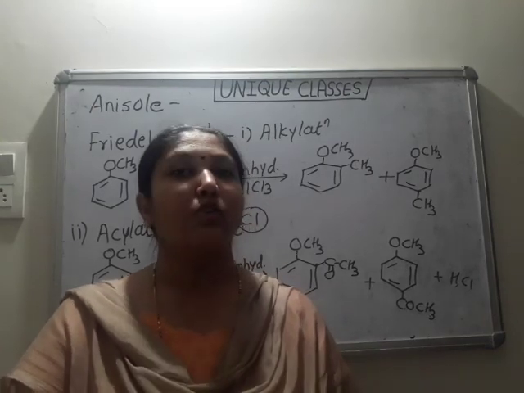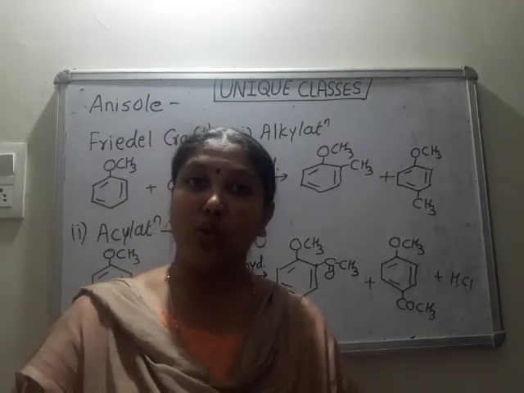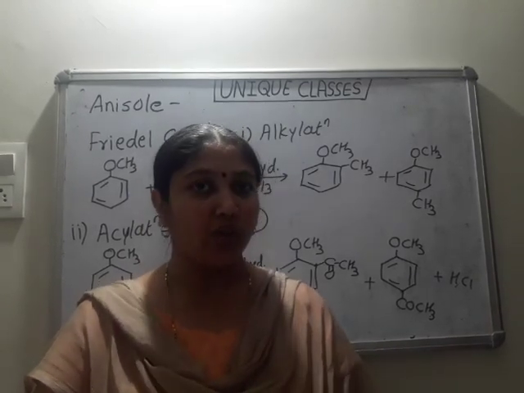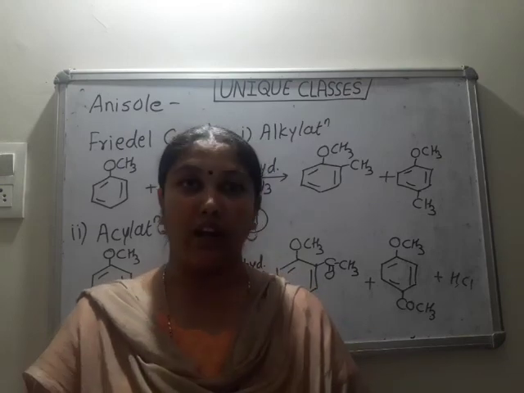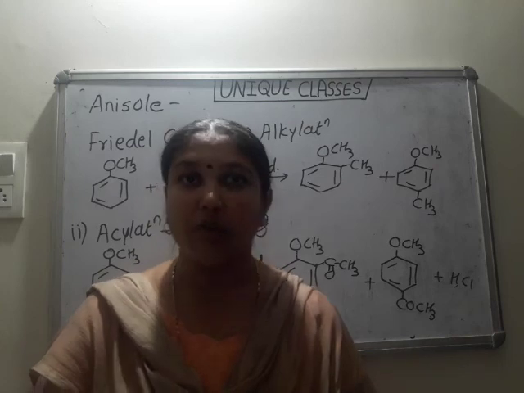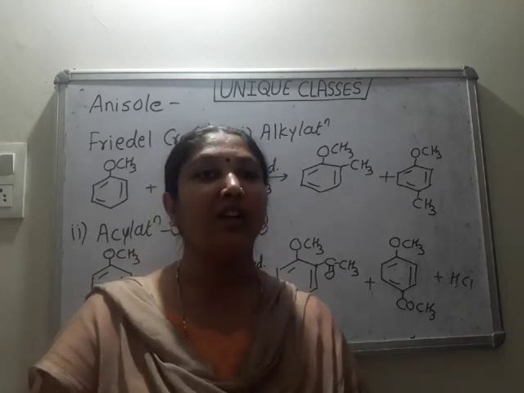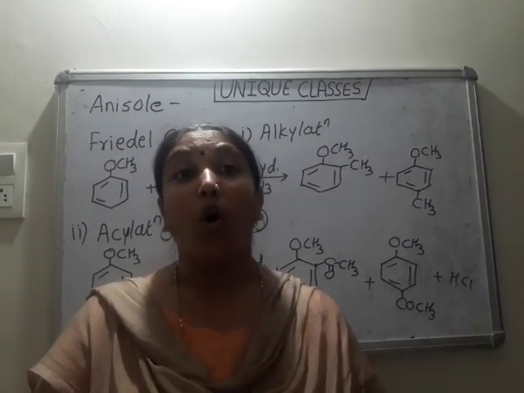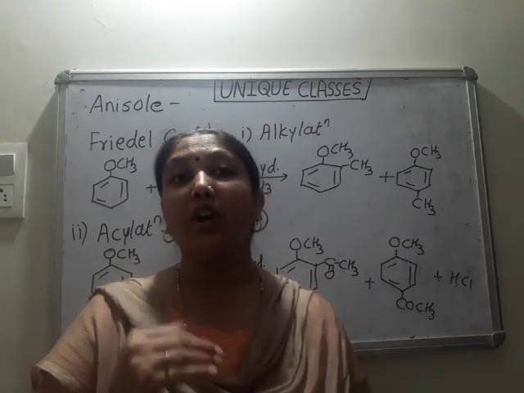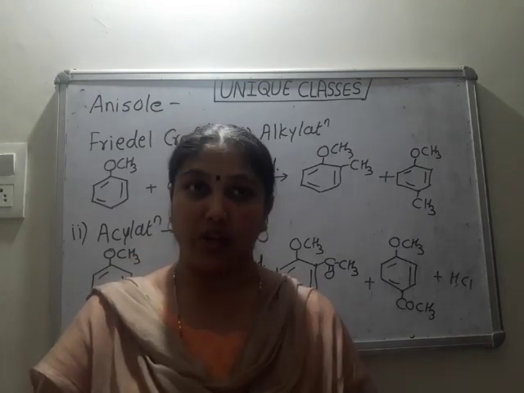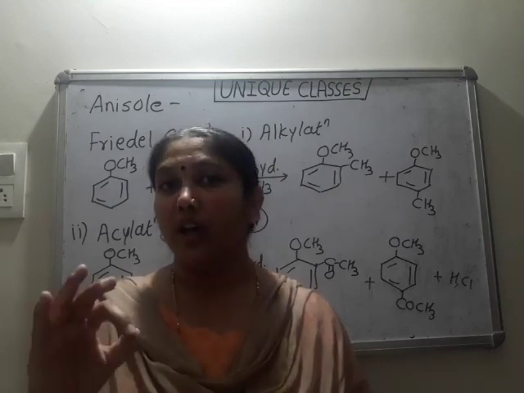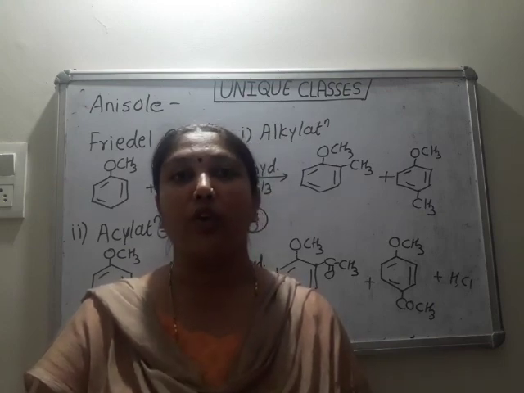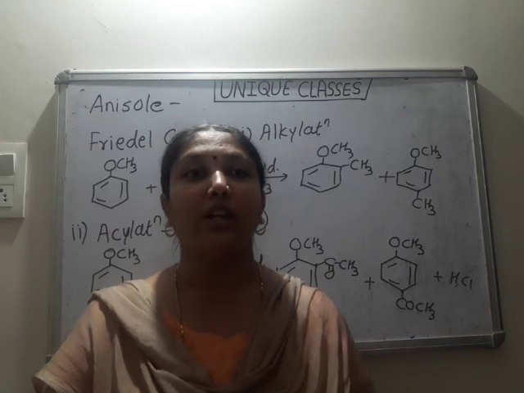And last, ethers. So diethyl ether is given. Diethyl ether is also used as a solvent in many chemical reactions like Grignard's reagent. We do reactions of Grignard's reagent in presence of dry ether, or Wurtz reaction is carried out in presence of dry ether. So it is used as a solvent in many reactions. It is used as a solvent in industry. It's an industrial solvent. Also, it is used to give anesthesia at the time of surgery. So diethyl ether was used to give anesthesia during surgery. Okay, these are all uses of alcohols, phenols and ethers. That's all. We have completed our second lesson.